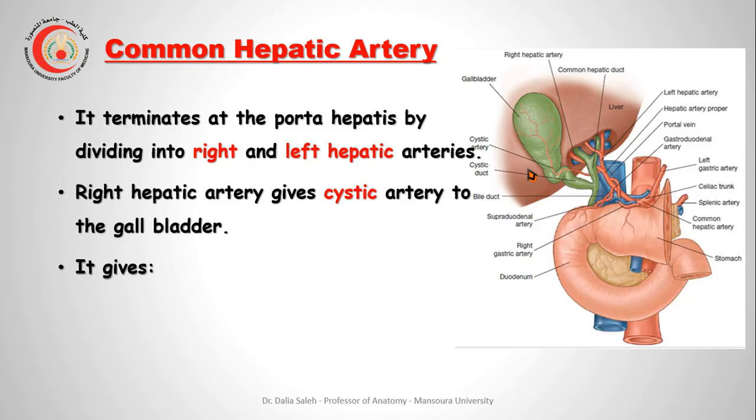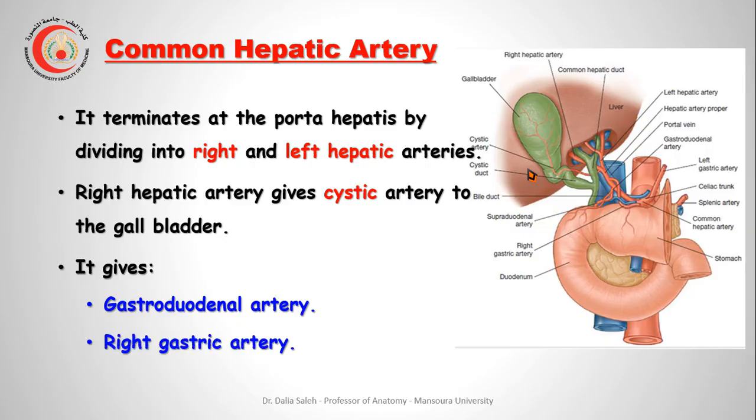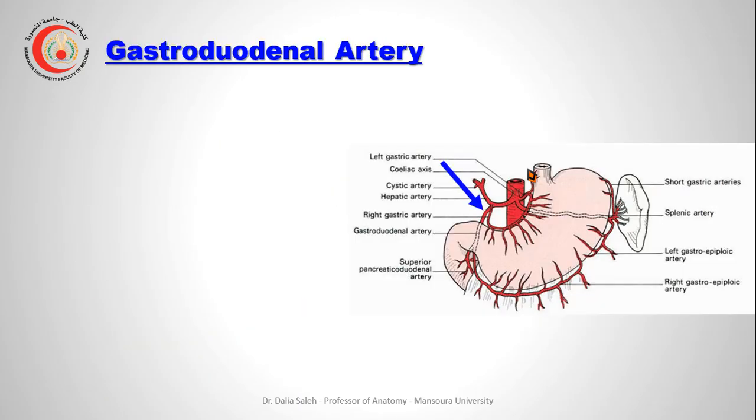The common hepatic artery, or the parent artery again, gives rise to the following branches: the gastroduodenal artery, the right gastric artery, and of course its continuation, which is called the hepatic artery proper. The gastroduodenal artery here,